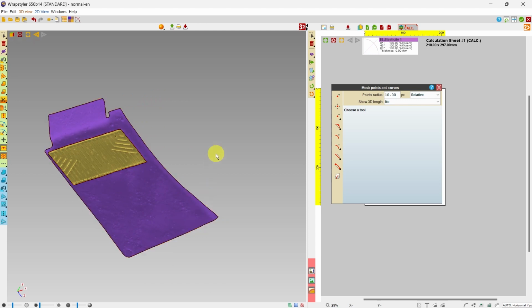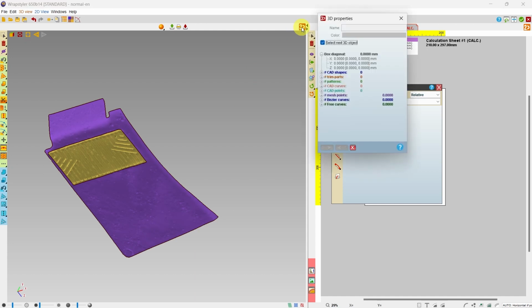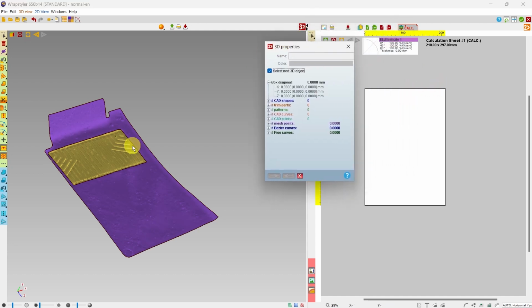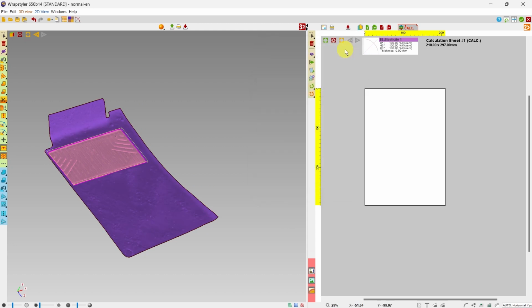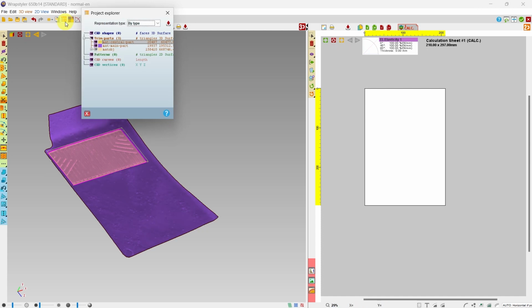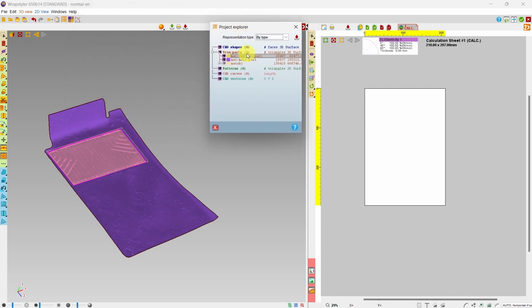Before flattening, I like to rename the parts in what we call the 3D Properties window. This is mostly useful in big projects with a lot of parts. But now, if I open the Project Explorer, my parts have a proper explicit name.